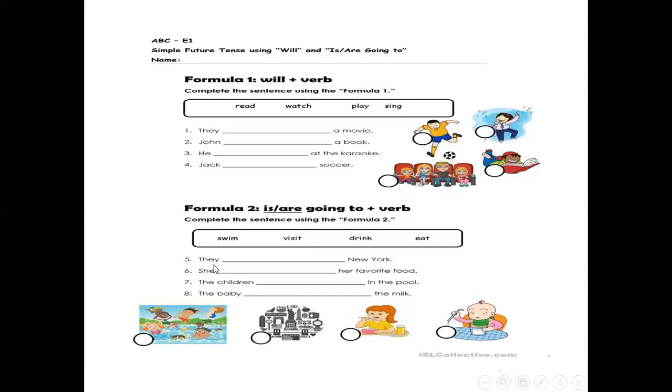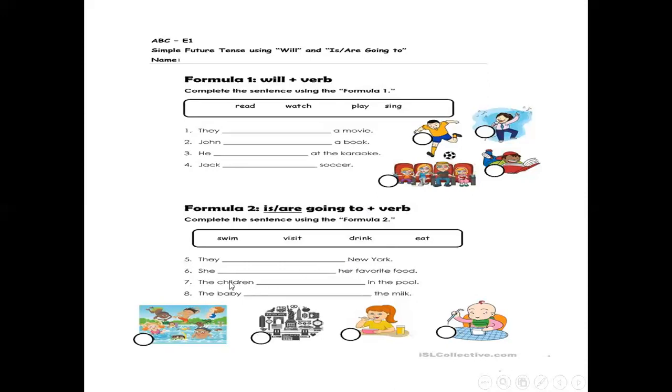So here we come to the next one. We will use the verb to be, am, is or are, plus going to plus the verb. So it's the first one. They blank. You will complete with these verbs: swim, visit, drink, eat. They blank New York. You will drink New York? You will eat? No. Which verb goes with New York? Visit. So they what? Here I use are with they, because they is plural. So they are going to